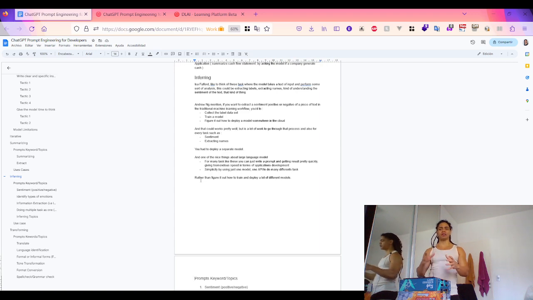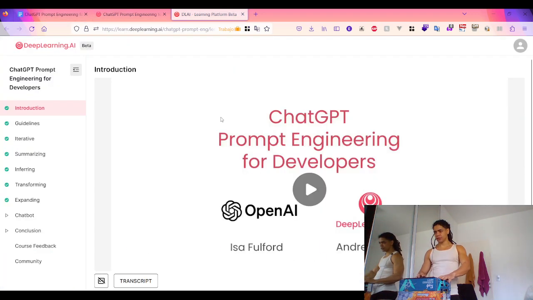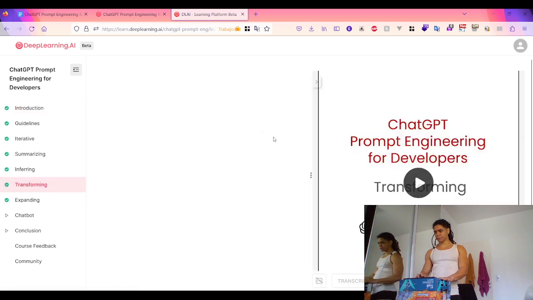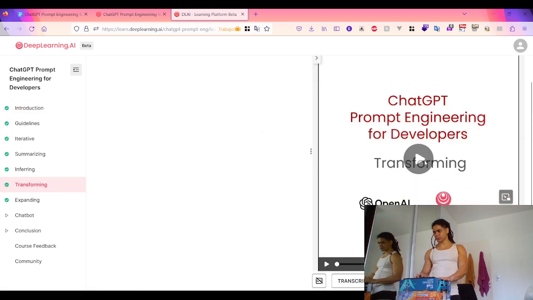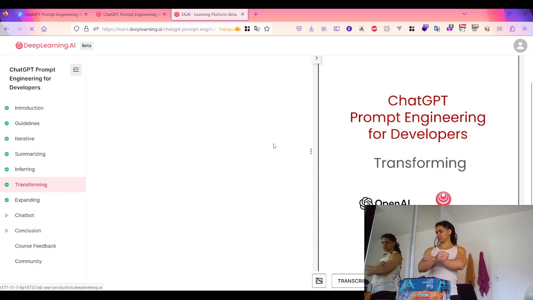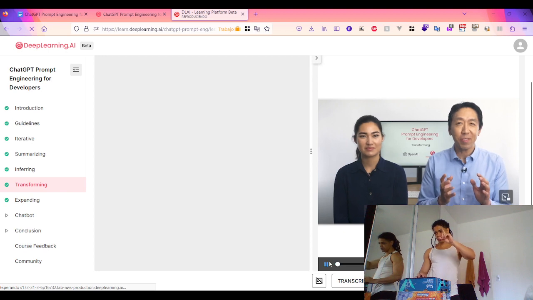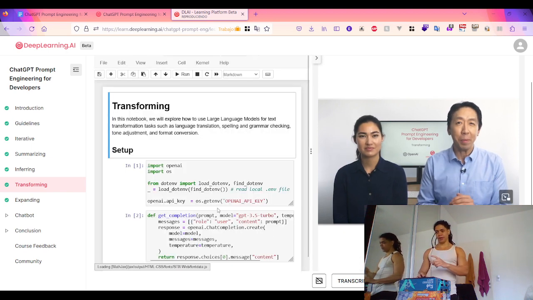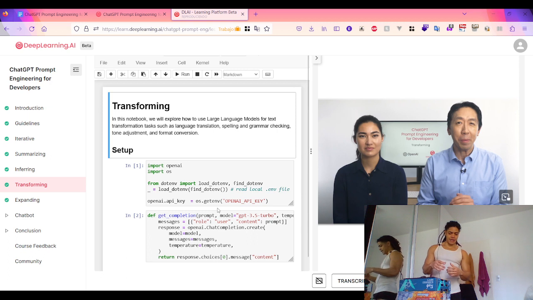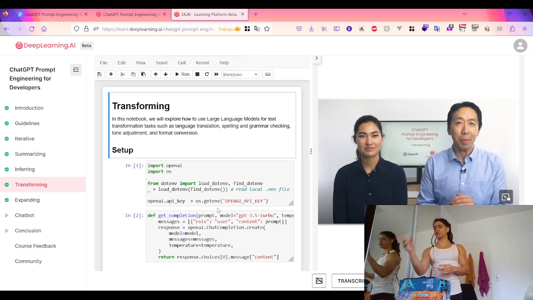And then I look at transforming. Large language models are very good at transforming their input into a different form. So Andrew mentioned that large language models are very good at transforming an input text into another format, whether it's the language, English to Spanish,